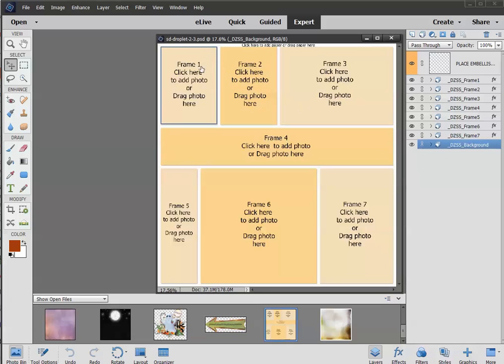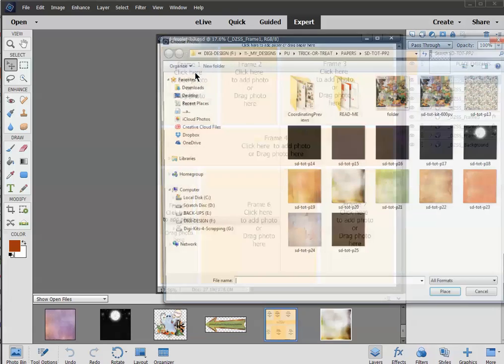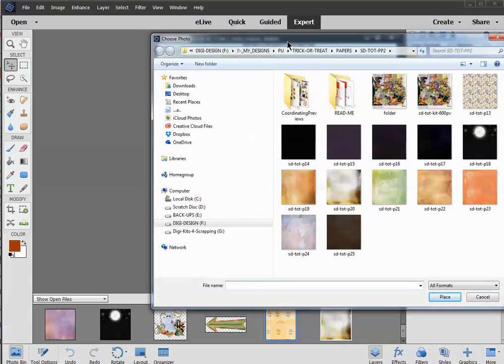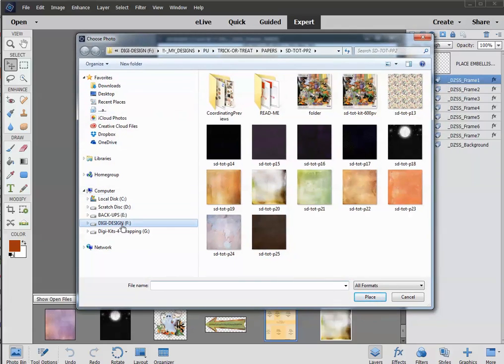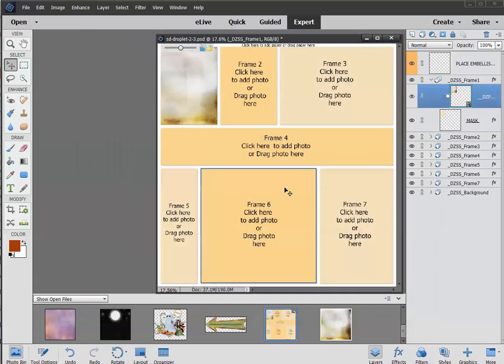One is to click on the text within the frame. I am in frame number 1. If I click on the colored area or the mask, nothing happens. But if I click on the text, that is the signal for Elements to open my computer folder structure, and then I'm able to navigate to whatever kit or photograph I would like to use. I simply click on it to select it and hit place, and it will populate the frame that I was working with. This little pop-up box will appear, and you can use the slider